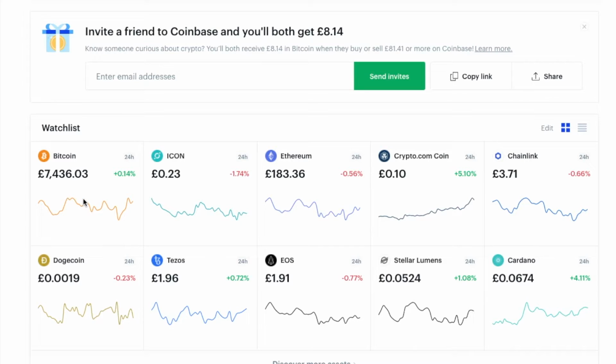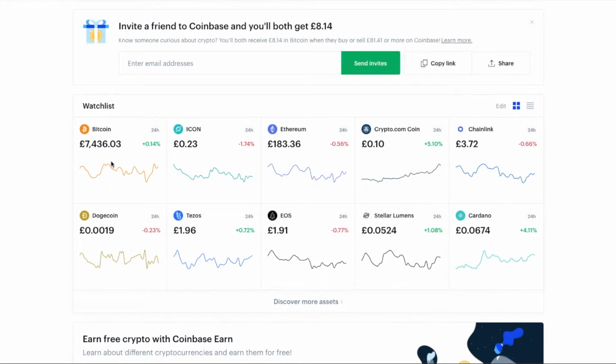Okay, the only downfall that I see with Coinbase is that they do not have many cryptocurrencies available on their platform, but they do have the most popular ones. Okay, so if you are holding long-term cryptocurrencies, I would definitely advise that you use Coinbase. I find them to be very safe, and one that a lot of the insiders in cryptocurrency would definitely recommend.